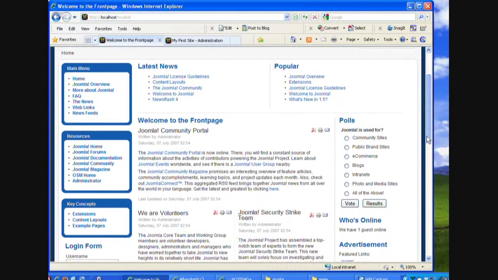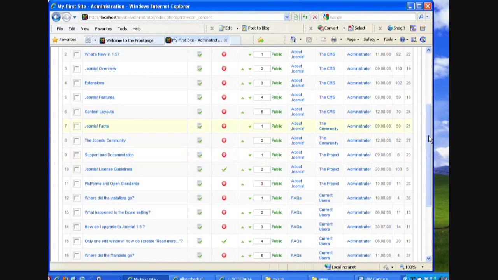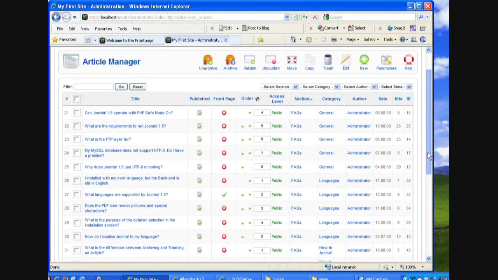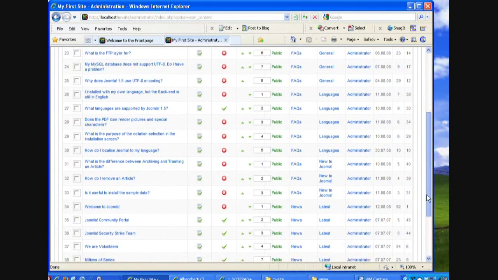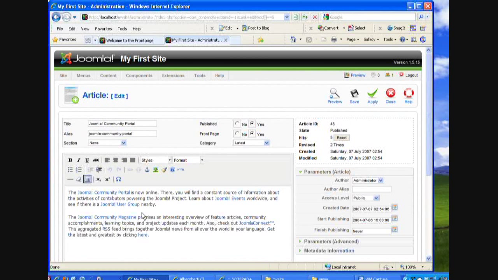I'm going to go to the home page here. See, welcome to the front page, Joomla community portal. Let's see if I can change that one. Joomla community portal, front page, published, front page. Let's go to the next page and see what else is on the front page. These are all front page items. So Joomla community portal. If I click on this article,